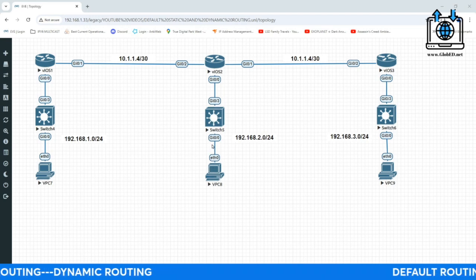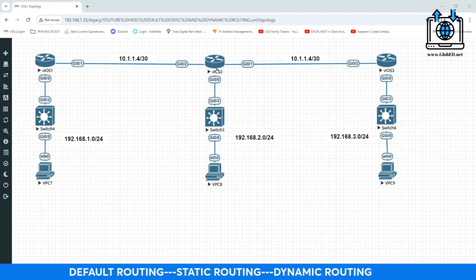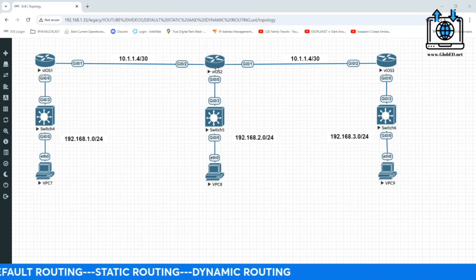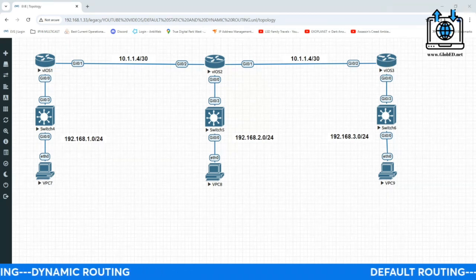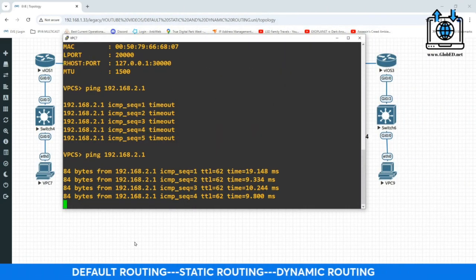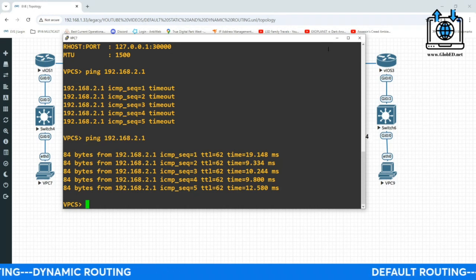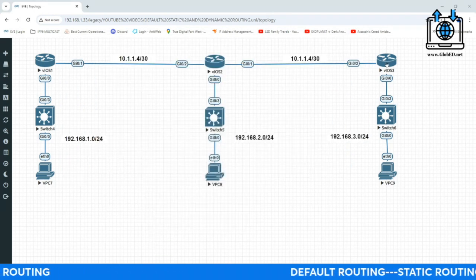But now when this PC tries to reply, ICMP request reply, hey, I want to go back to 1.0. Now the router has a static entry to say, okay, I know where that's at. Let me send you here, and you should be able to ping at this point. So let's take a look. And now you're able to ping because both routers know where to send you in order to get connectivity.